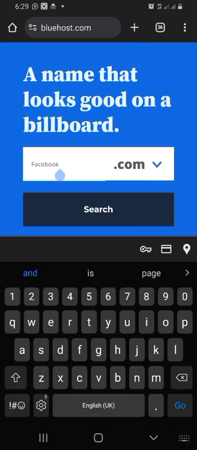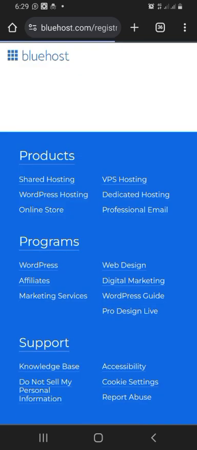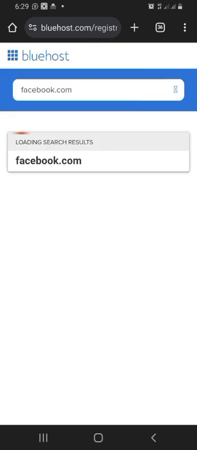So in this place now, I'm trying to write a domain name facebook.com, but because facebook.com is already owned by somebody, they are going to tell us that this site is not available.